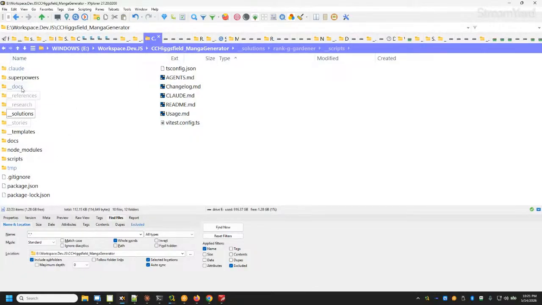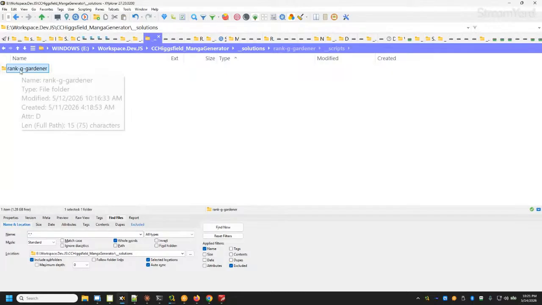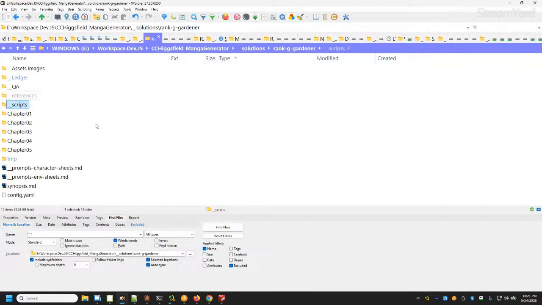If we, solutions rank D, well, it's not actually called Rank D Gardener, but it's called Catastrophic Gardener. Basically, it's one of those mangas where a student receives an ability that is seen as trash, but really it's some underlying trait that makes them overpowered, right? I asked for a name for this genre of manga or manhwa, and they came up with the name Blanwa, Black Manhwa. So we'll go with that.